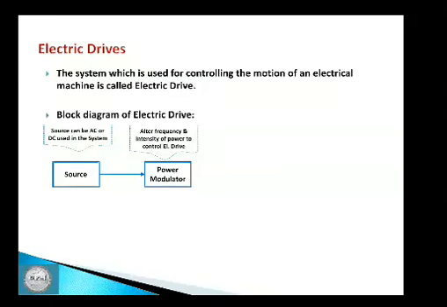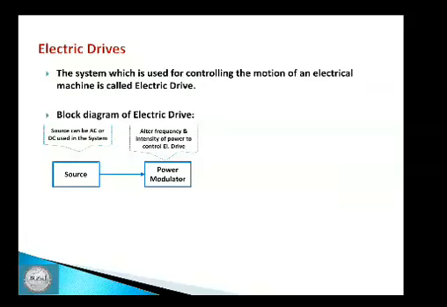AC regulators are used to obtain regulated AC voltage through auto transformer or tap changer transformer. Chopper or DC to DC converters are used to get variable DC voltage through power transistor, IGBTs, power MOSFET, etc. Inverters are used to get the AC from DC through pulse width modulation semiconductor.